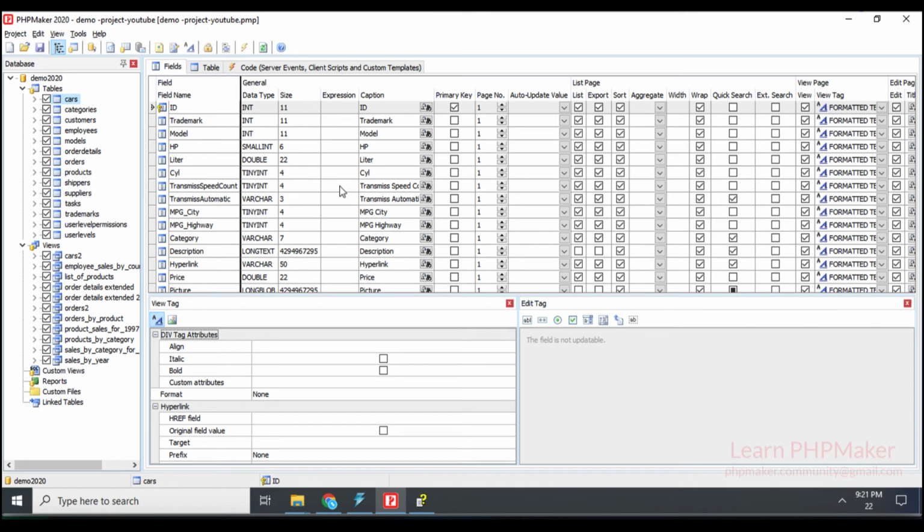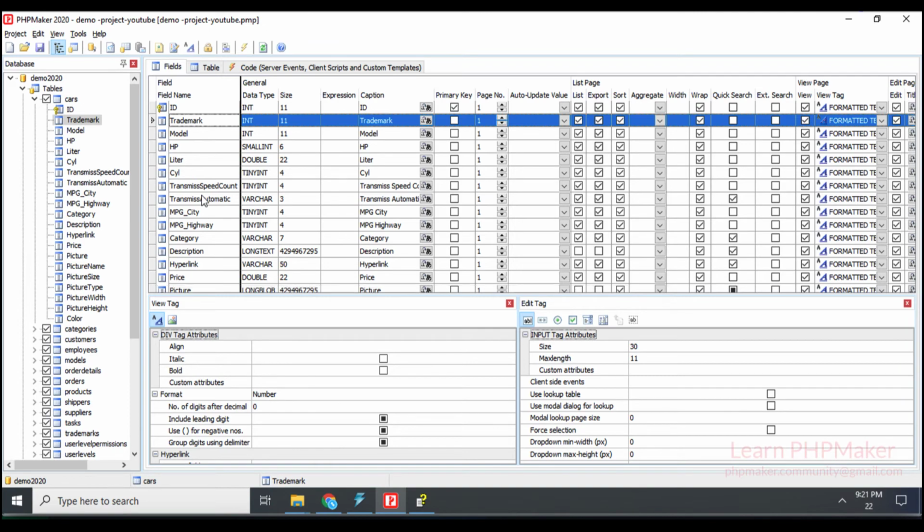You can list, view, add, edit, delete. That kind of options can be enabled, disabled, and many other options, like renaming field names, are available over here. Below that, you will see view and edit tag. For a particular field, there can be different kinds of view or edit tags.